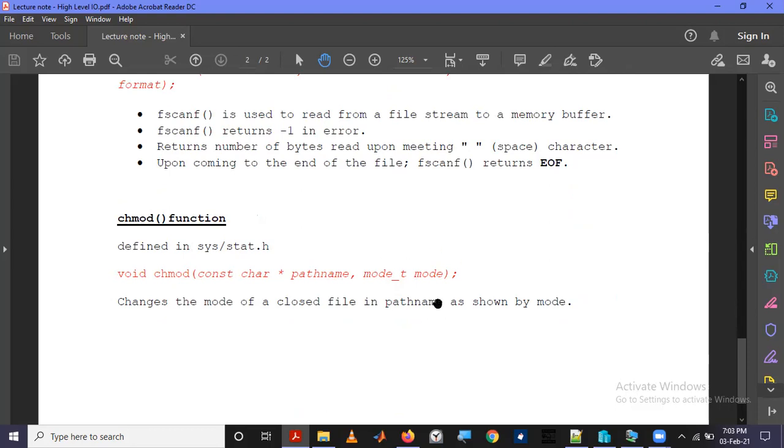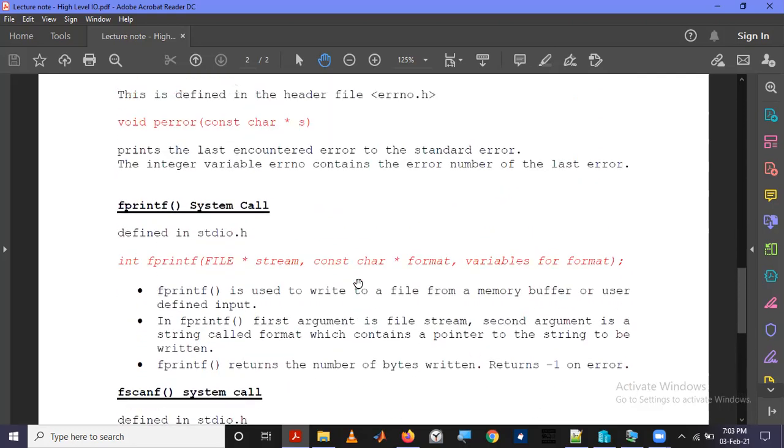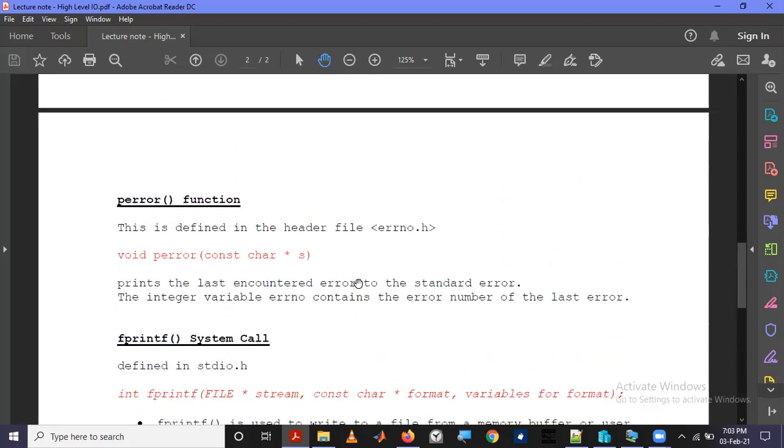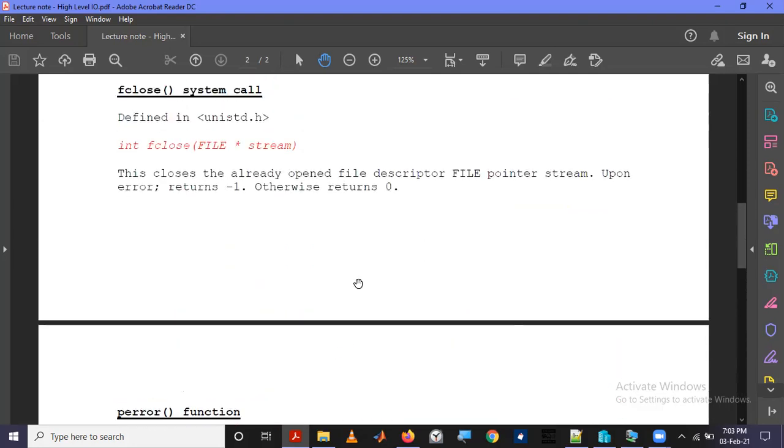mode. So what are the modes? Those modes are nothing but the modes that we discussed in the open system call. In the open system call, the third argument was mode. So these are those modes. What were those modes? S_I. So if you want to specify read privilege for user, you have to specify S_IRUSR. Likewise, these are the modes. So we will remember this again when we do the examples today.